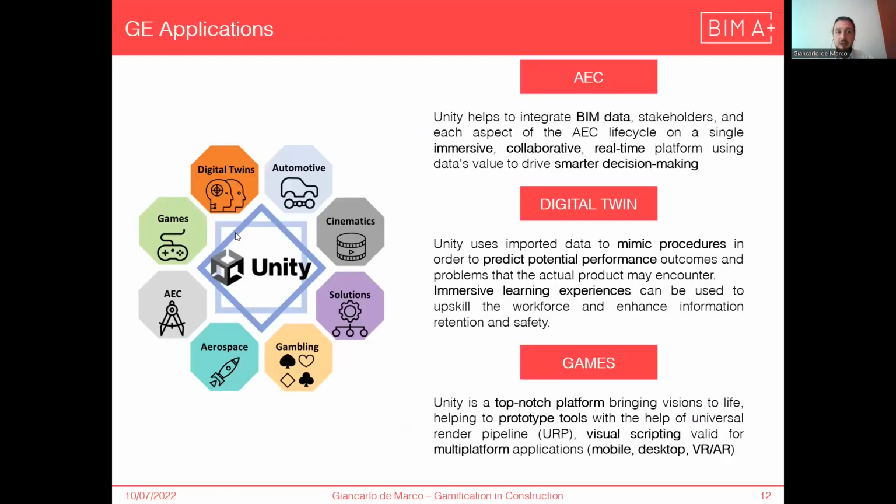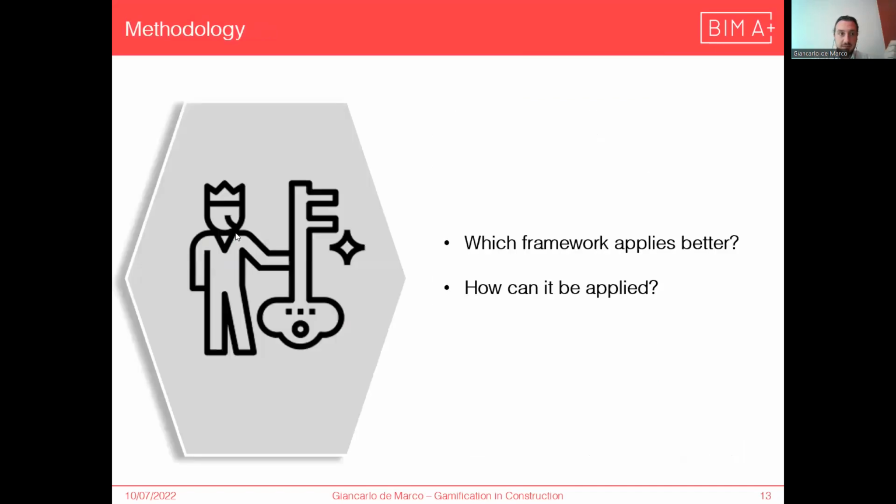Well, the applications of the game engine, especially from Unity, are in the AEC sector, in the digital twin, and in games. Why can we say that? Of course, they develop custom solutions for the architecture, engineering, construction sector, and through the real-time visualization and the physical properties that this game engine embeds, it can nicely represent even a digital twin. Of course, a game is the main user of a game engine, in this case Unity, and it is considered to be a reliable tool also because of that.